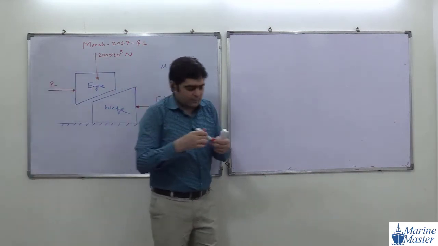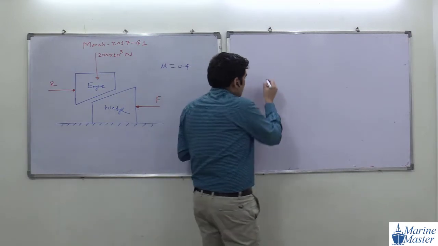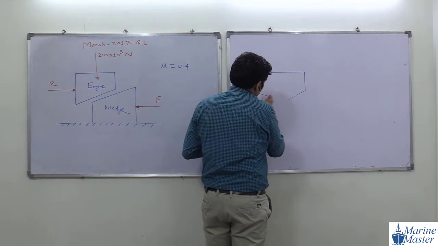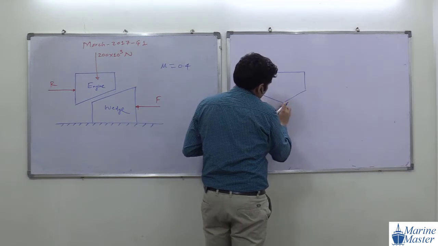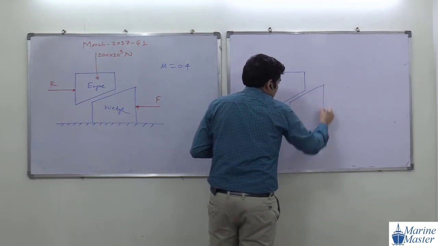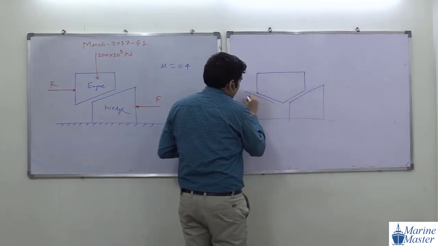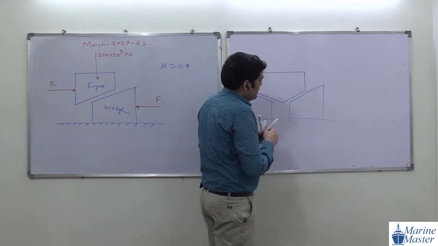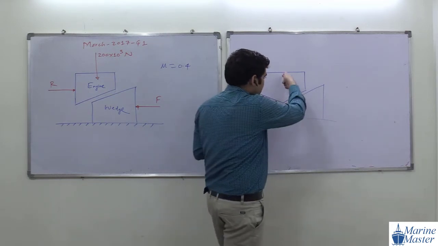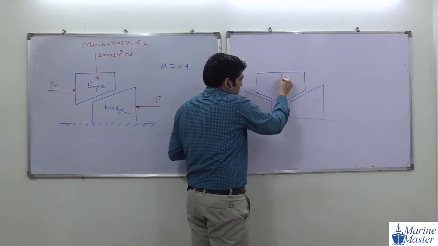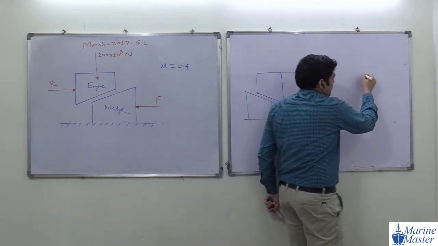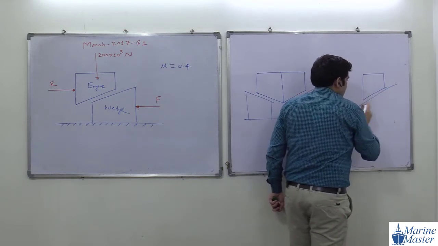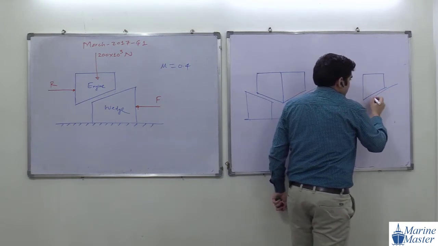This R is coming, so I am going to draw another drawing for your reference. Consider this is like an entire engine, like the previous question that we have seen. Suppose one wedge on this side, another wedge on this side. Now we separated this part, we cut this part from in between, imaginarily. So what will be the scenario here? The story will be like this.